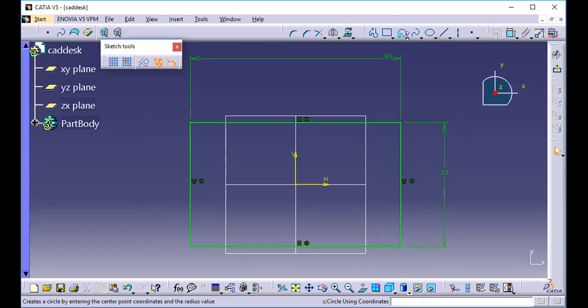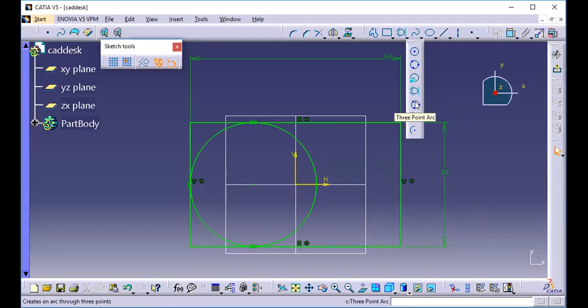So next come to your tangent circle, tritangent circle. Suppose I am going to the tritangent circle and I am selecting this line as my first tangent, this line as my second tangent, and this geometry as the third tangent. So automatically it will create a circle like this by touching all the three sides. So it's a tritangent circle.